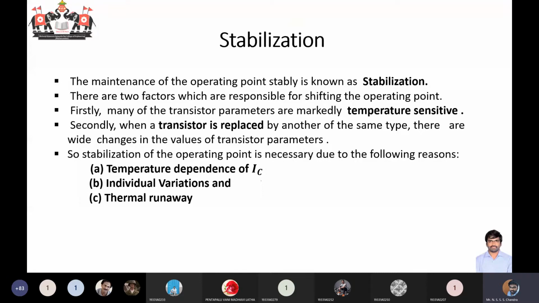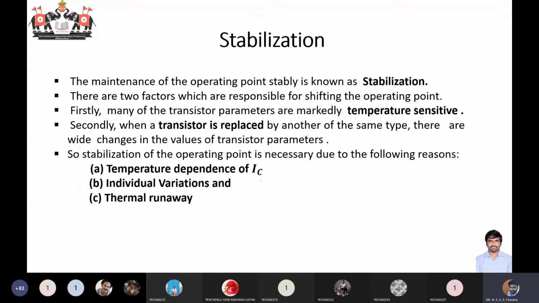So in a diode, when you are connecting a PN junction diode in reverse bias, what is the current you are getting? I is equal to minus I naught, right? That minus I naught is your reverse current, that is due to the minority carriers. It is mostly dependent upon the temperature. You know that for every 10-degree rise in temperature, the I naught value will be doubled.